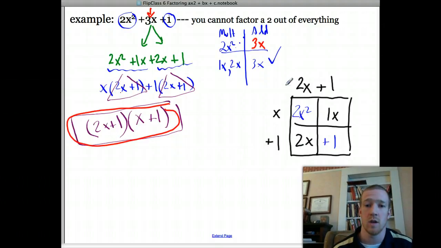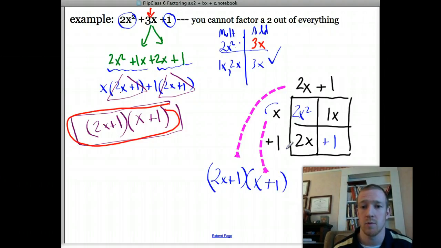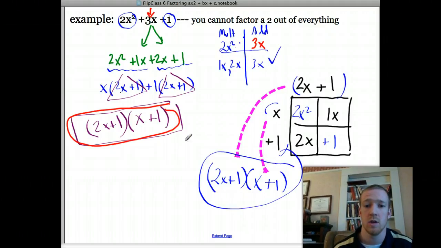So this gives me a 2x plus 1. So my factors are 2x plus 1 and x plus 1. So we'll get x plus 1 and 2x plus 1, which is precisely the answer we got